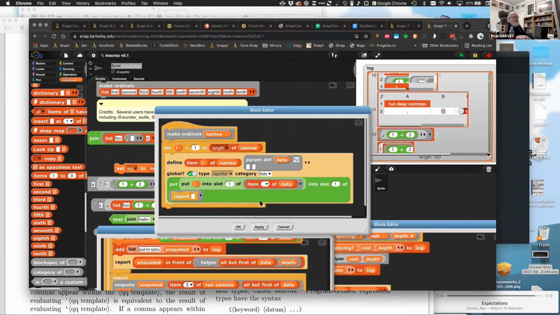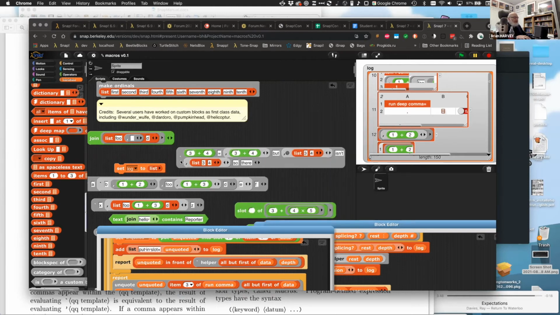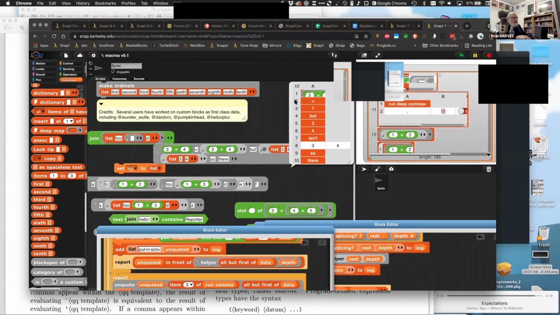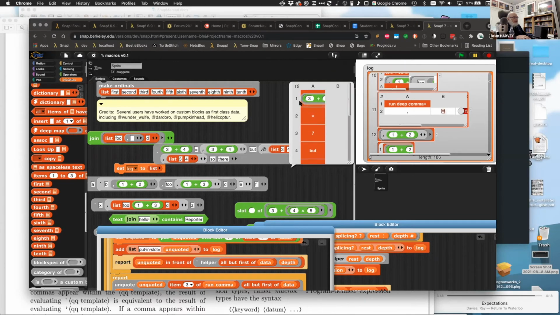And there's this wonderful thing called quasi-quotation, stolen from Scheme, that lets me do this. This backquote character is just like quoting something, except it allows bits of it to be computed. So if I run this and I pull this down a little bit, the 3 + 4 is quoted, but the comma 3 + 4 is computed